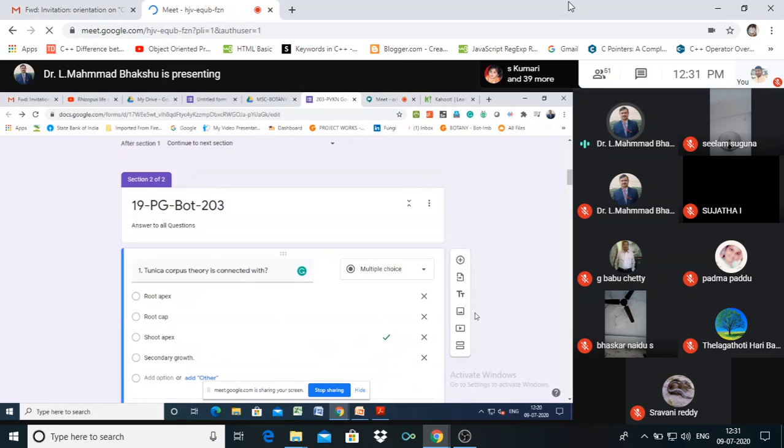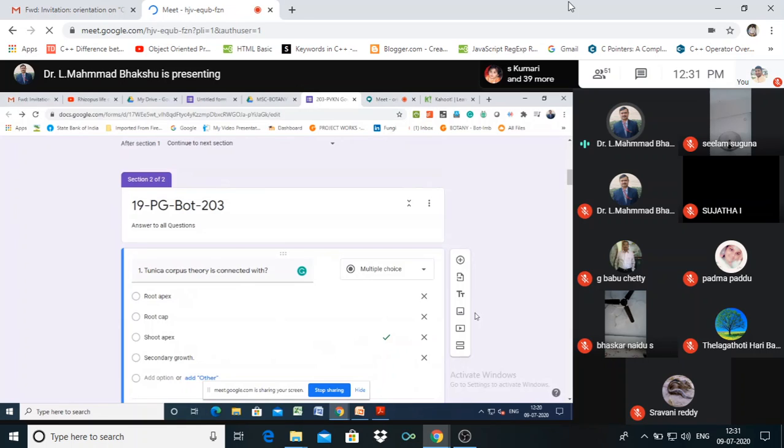After settings, we can get the form ready. Then we can send it to our students, and they will give the answers. After the examination is over, we can see the responses here. Responses will appear in this box, and a graph will be there: how many questions are right for all students, how many questions are wrong. Like that, this analysis will appear on the scoreboard, so the students get the results.